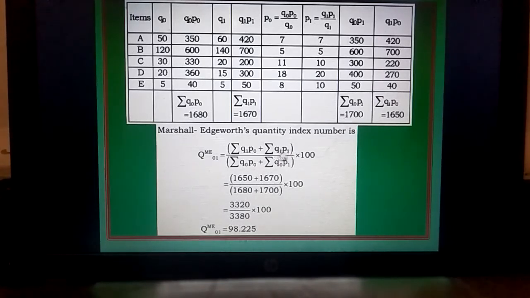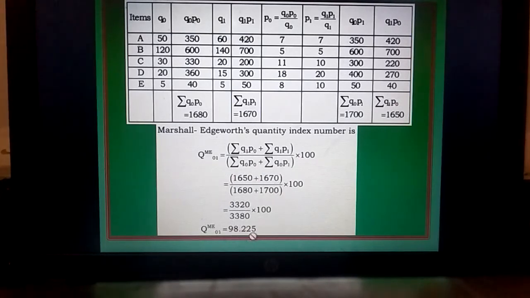P1 Q1 or Q1 P1 is needed. Already it is given in the data itself. Q1 P1, that summation we need. And then Q naught P naught, that is also given in the data, so that summation we will need. And Q naught P1 is to be calculated, that Q naught P1 is calculated here. When you substitute all these calculated values and perform the arithmetic calculation, you are getting